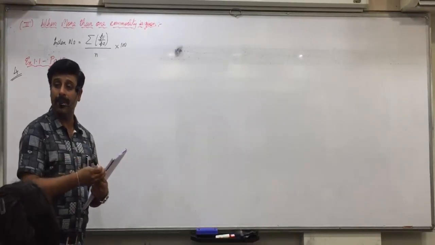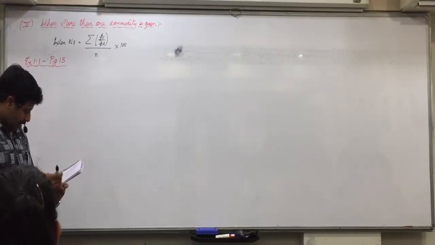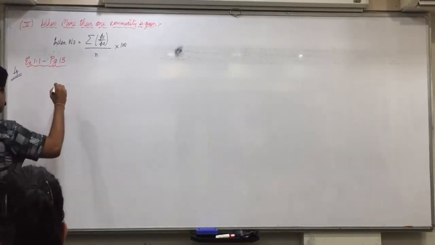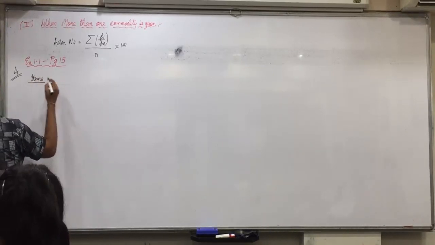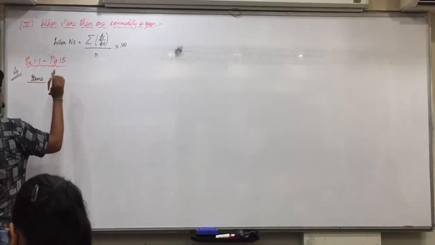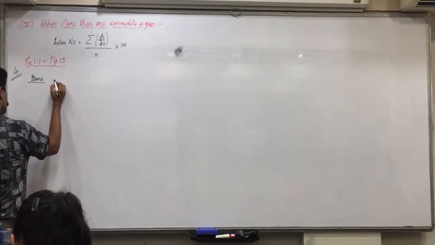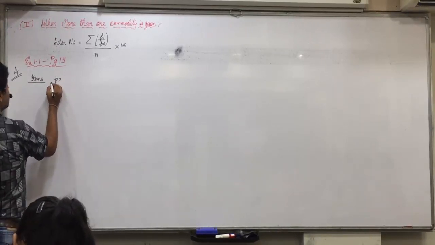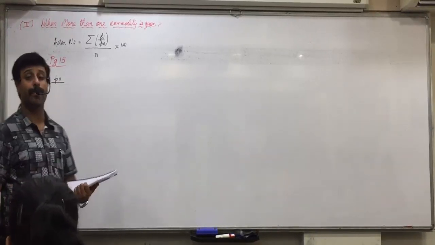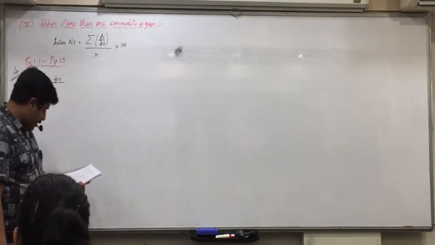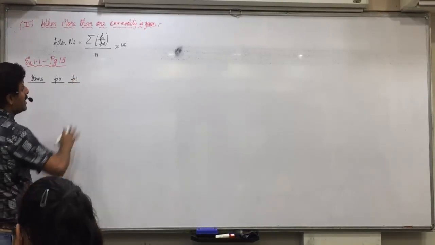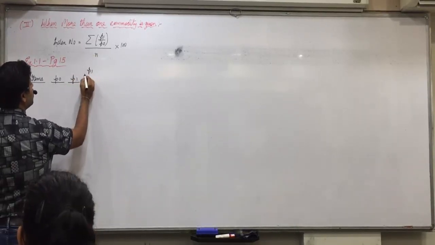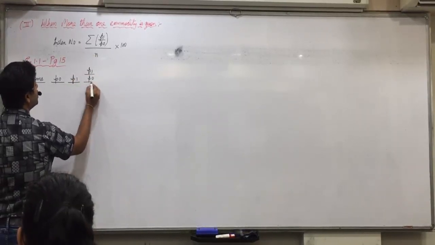Raise your hand. No sir. So you are given items. Understand the columns, then make it. Units are of no relevance, we need not write them. Price in 2012, that is the base year, so can I say P0? Yes. Price in 2014 will be the current year P1. And as per this formula, we require only one thing, P1 upon P0.